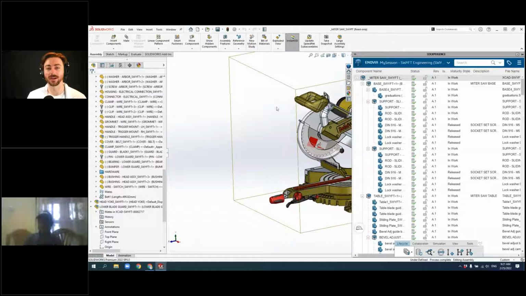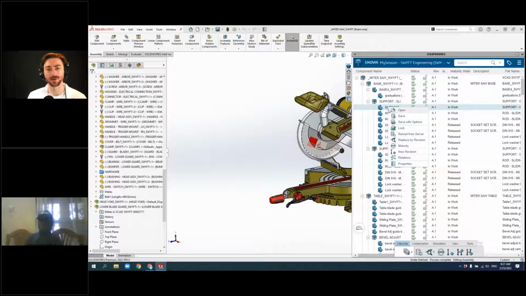Beyond just saving files, as I mentioned, you do have the ability to get into maturity state flows as well as revisioning. So for example, if I have a component here, you can see that it's in work. If I had just made changes to this and I want to release it to manufacturing or production, I can actually manage that right from within SolidWorks as well.